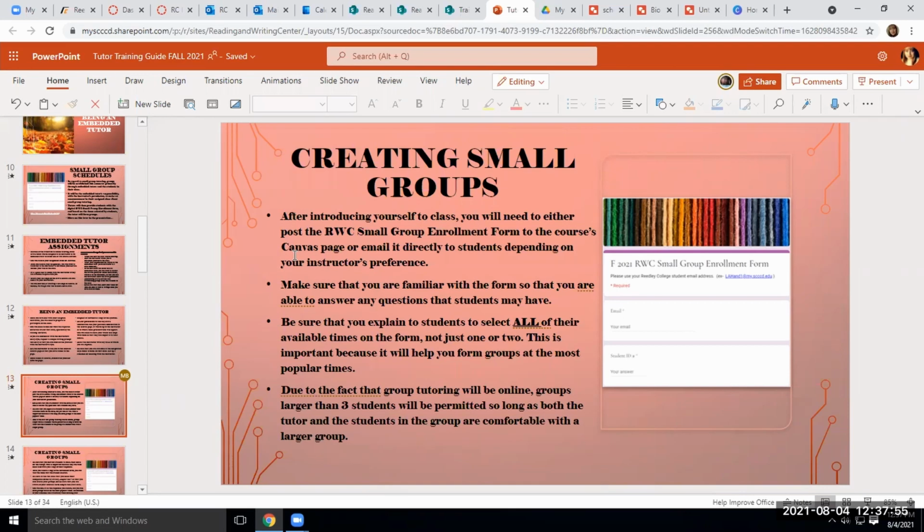And then the last 2 semesters, we had groups of 1 because that was the only thing that was enrolled. So you might just have a really small group. But if you're comfortable and you have a lot of responses, you can expand your group past the 3 that's